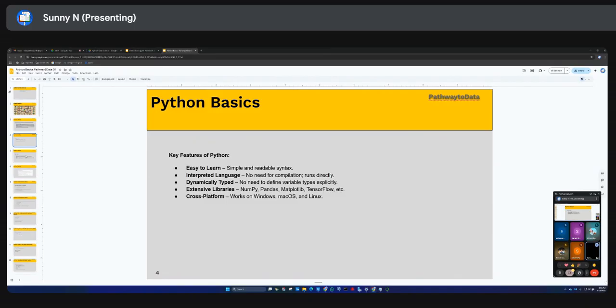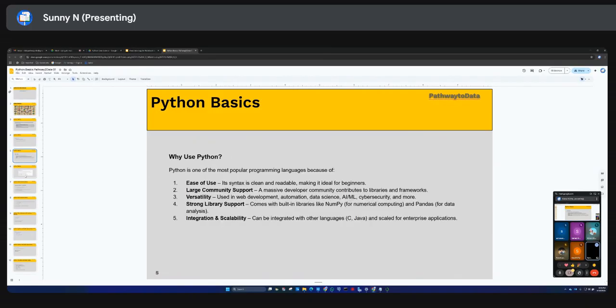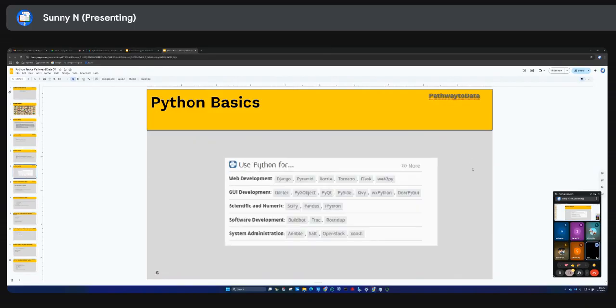These are very simple. I just gave examples of where Python is used: web development, GUI development, and these are the packages that you're going to use. We're going to stick with scientific and numeric, especially used for data, so you can use it on the data also. These are the very famous